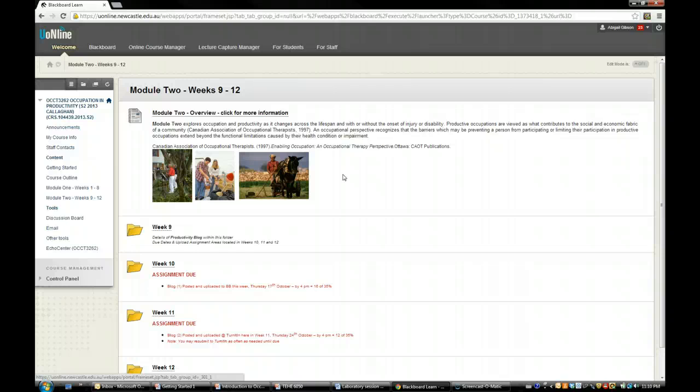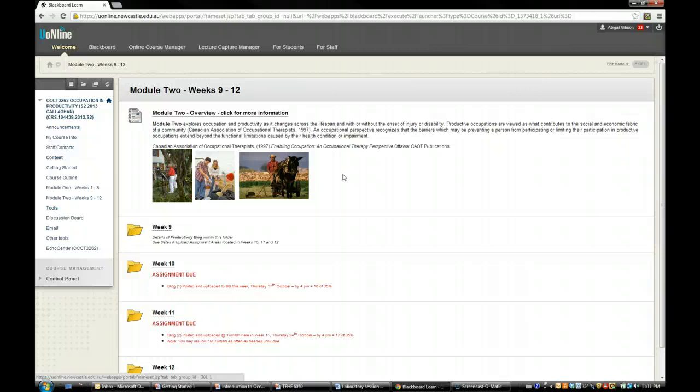So this is an emerging area of practice for OT, and perhaps a non-traditional area, but certainly one that's important given that we're an ageing population, so there's more people moving from paid employment into retirement, and also we're a